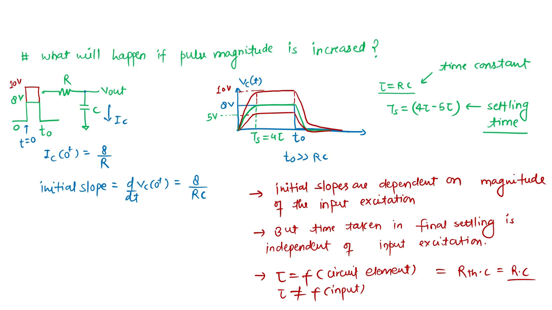So I think we have seen with the pulse input what is happening here. If my tau is very much greater than and very much less than the RC, and if it is exactly RC, then what will happen? You can see this also. If it is exactly equal to RC, then what will be the value? The value of capacitor voltage will reach 63.7%